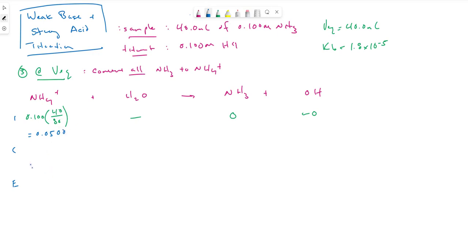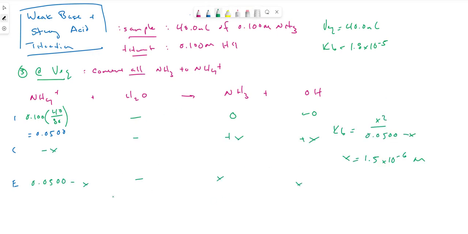And now we can allow this thing to change and relax to equilibrium and compute what that pH is going to be. So I can fill out the rest of my ICE table just like always, so that I can then plug into the expression for Kb. So I have Kb is equal to x squared over 0.05 minus x. Make an approximation, and that gives me 1.5 times 10 to the minus 6 for x. You should confirm that offline. And since this x is the H3O+ here, just simply taking the negative log of that gives us our pH, and the pH in this case is